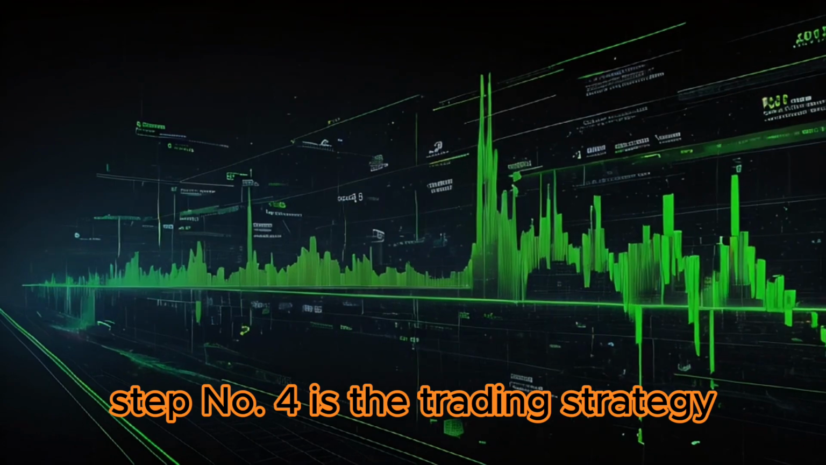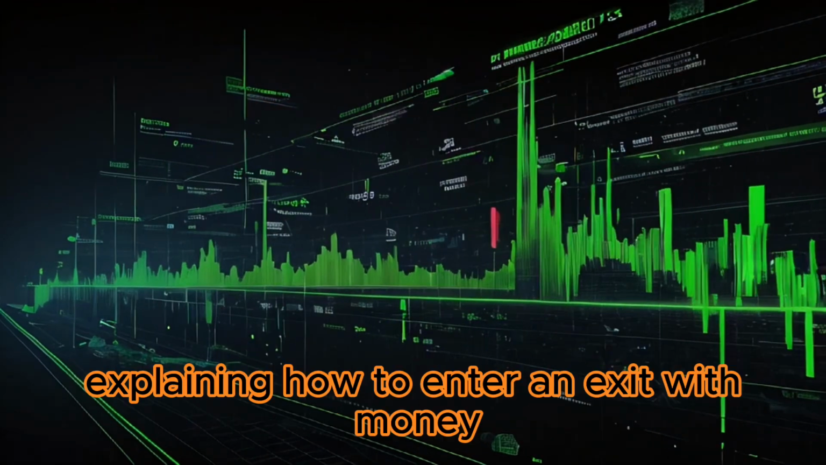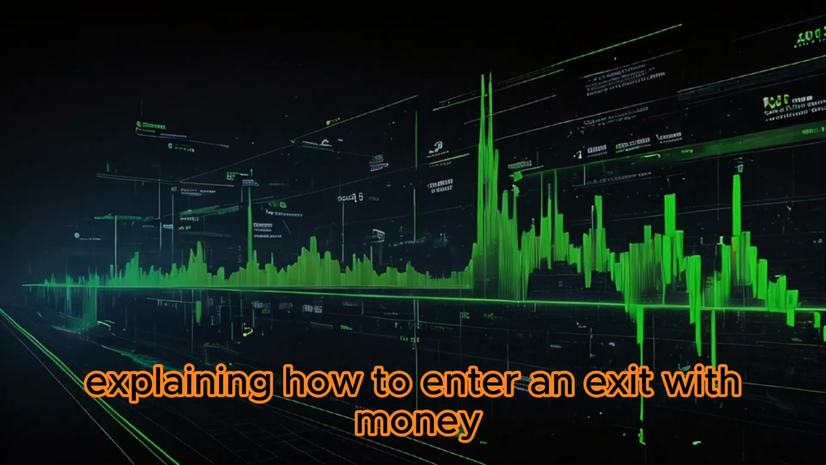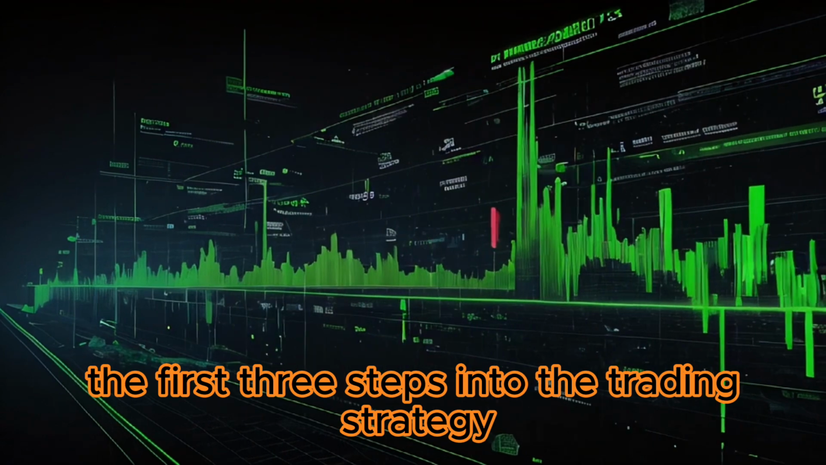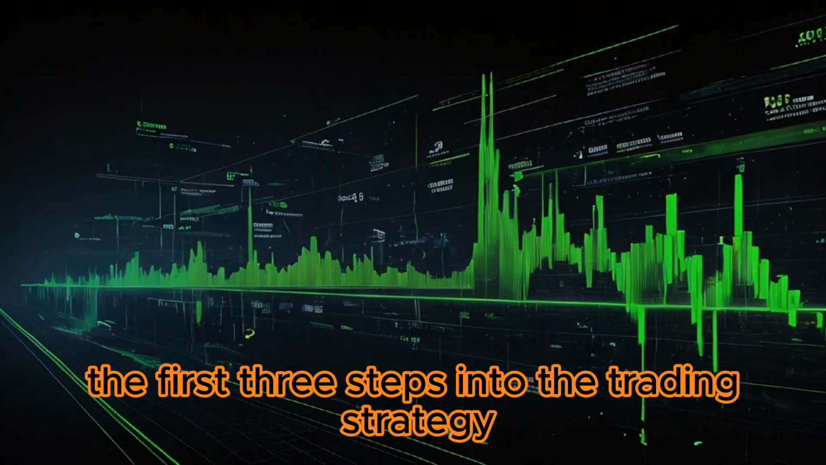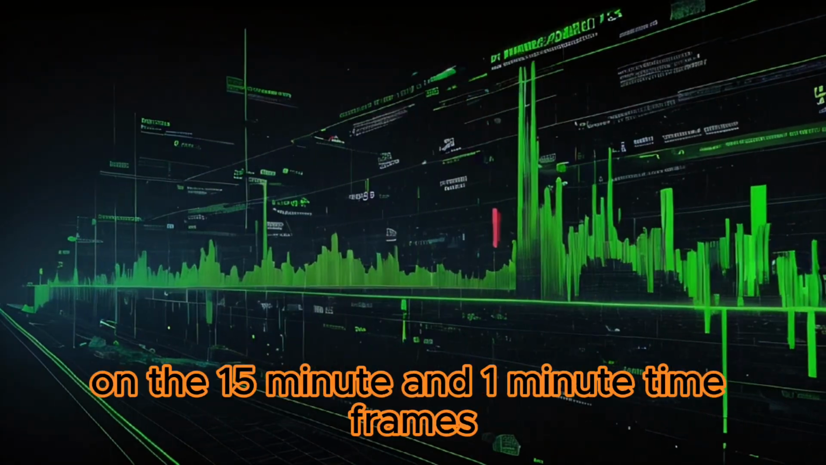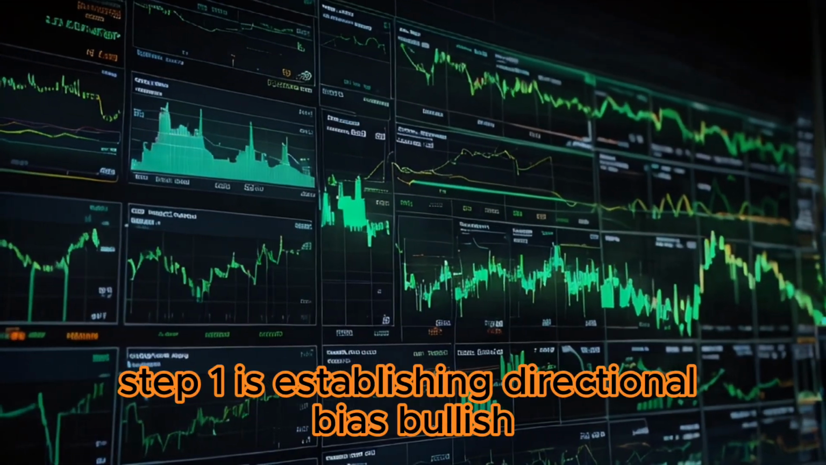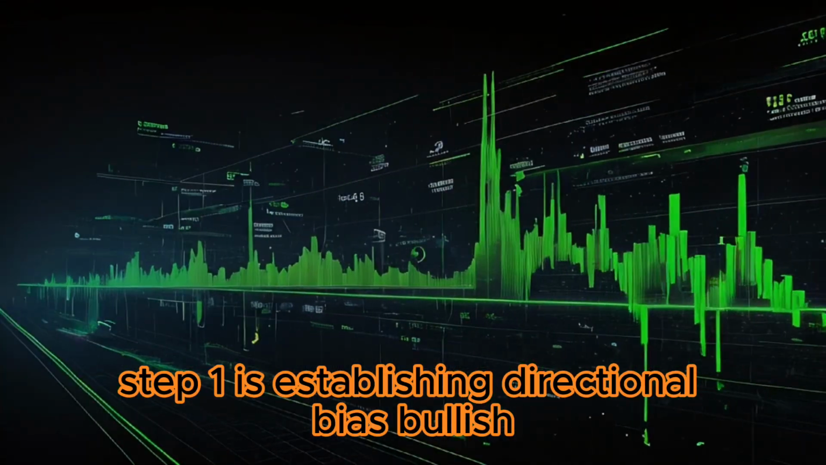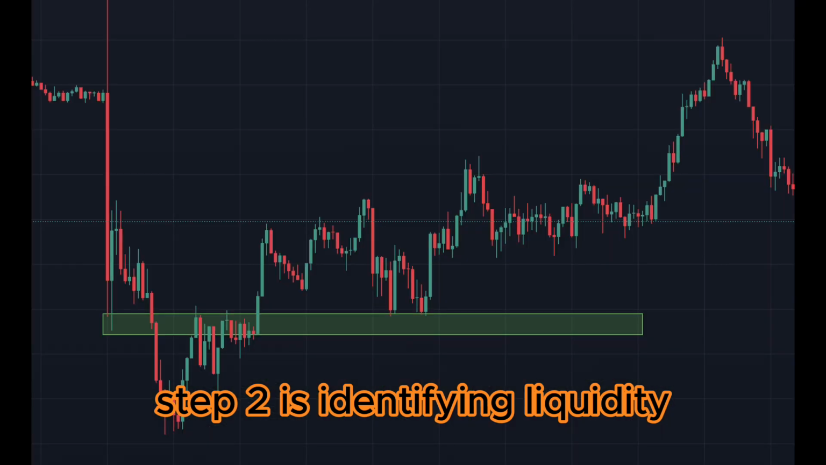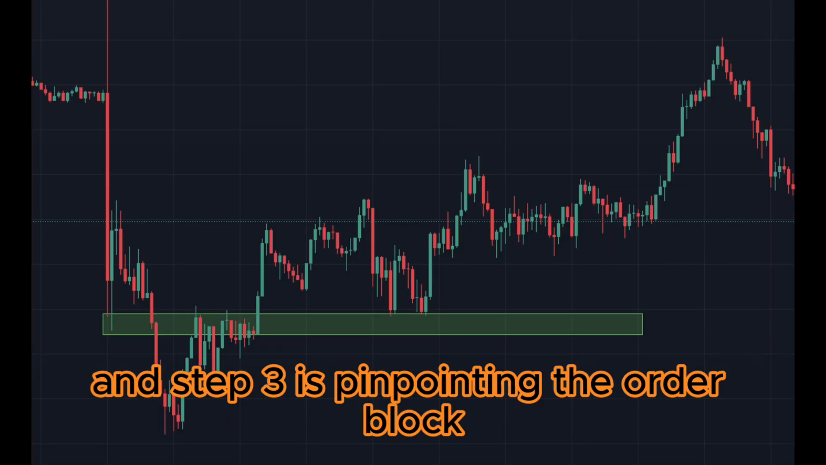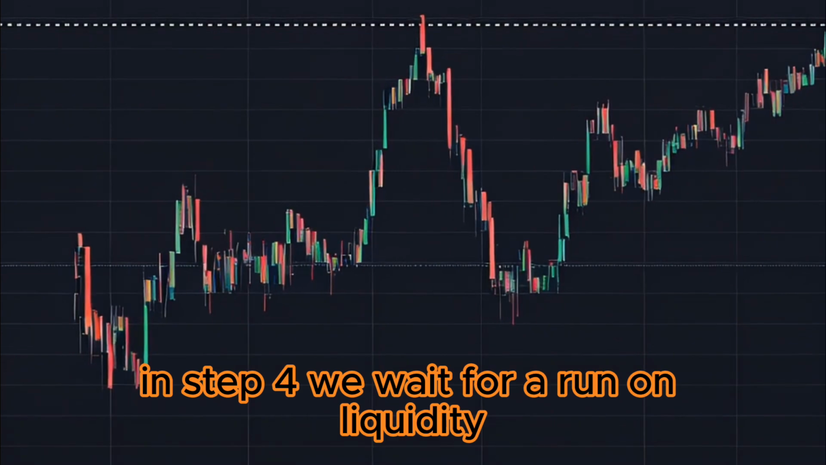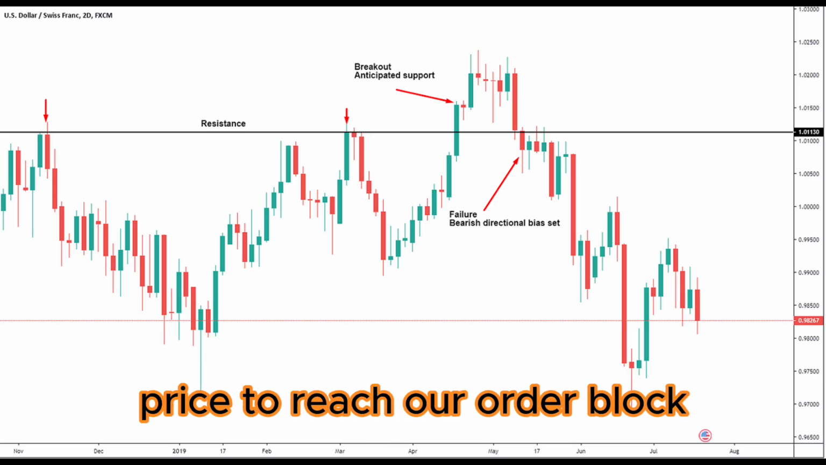Step number 4 is the trading strategy, explaining how to enter and exit with money. We combine the first 3 steps into the trading strategy, demonstrating this on the 15-minute and 1-minute time frames. Step 1 is establishing directional bias, bullish. Step 2 is identifying liquidity, and step 3 is pinpointing the order block. In step 4, we wait for a run on liquidity, price to reach our order block, and then a shift